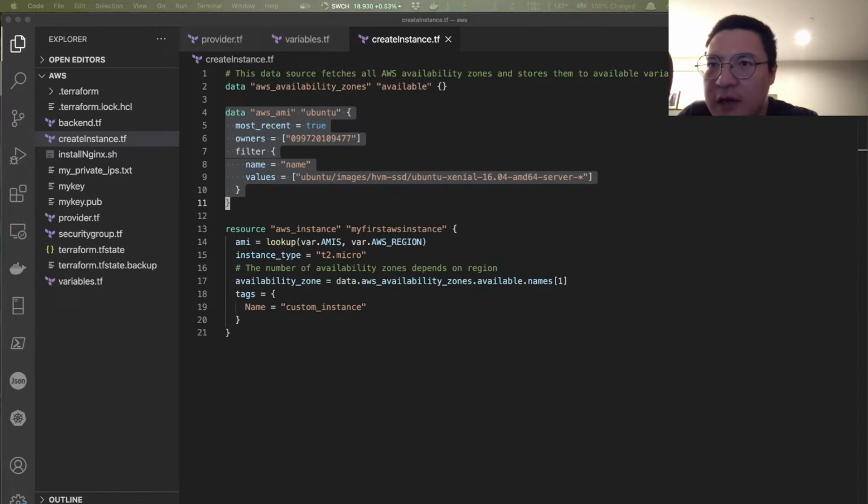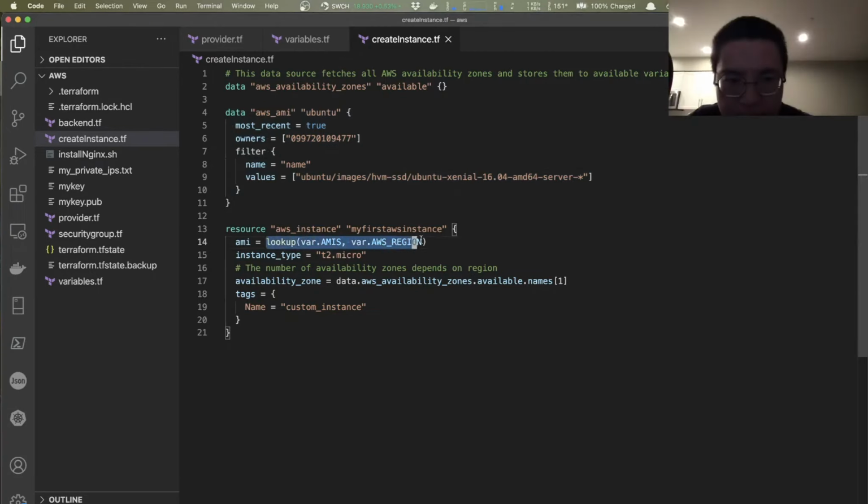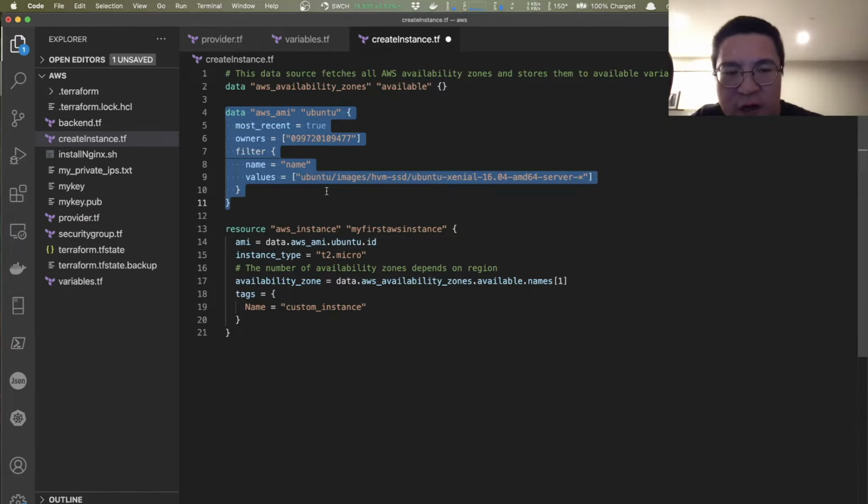Next, I create another data source to fetch AMI data so that I don't have to use the lookup function in the resource block anymore. I will replace the lookup function with data.aws_ami.ubuntu, and I'm gonna fetch the ID of the Ubuntu AMI. For this data block, to better understand the configuration, as you see there are some weird parameters like owners and values. Let me jump back to the